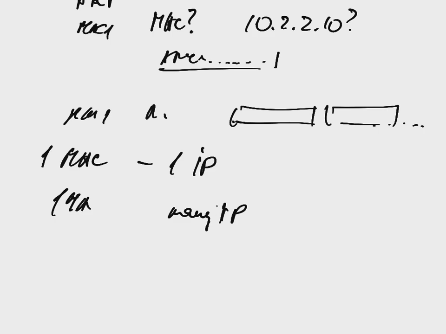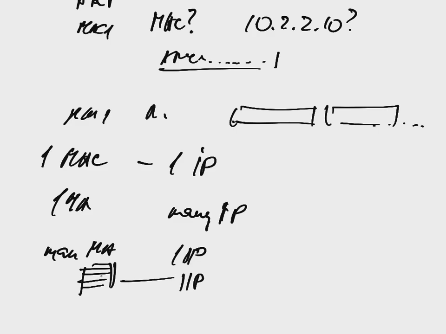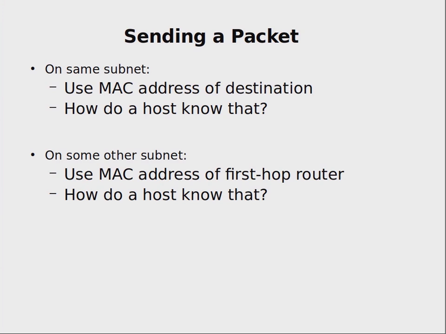For example, if you have a router which connects several devices together, or you create a server which actually responds to many IP addresses, etc. And it may be that there are many MAC addresses and just one IP address. For example, if you do load balancing and you have several physical devices, a farm of servers responding to a single IP address for load balancing, etc.